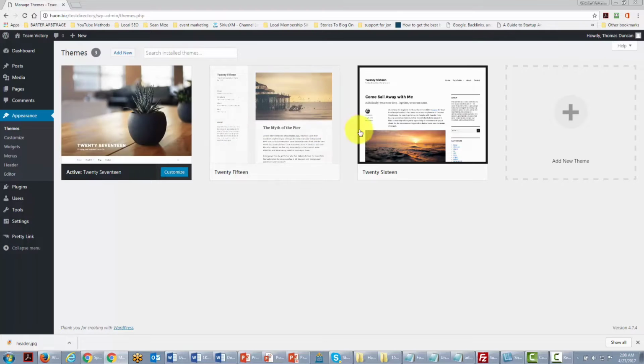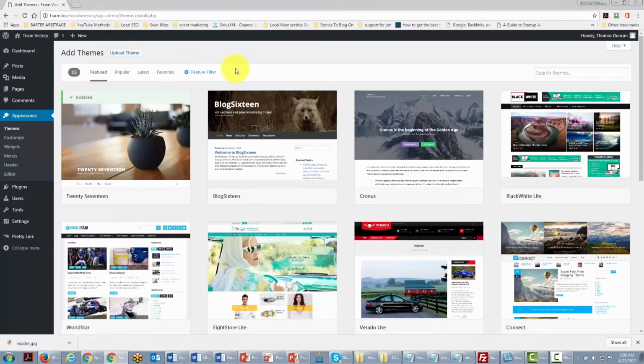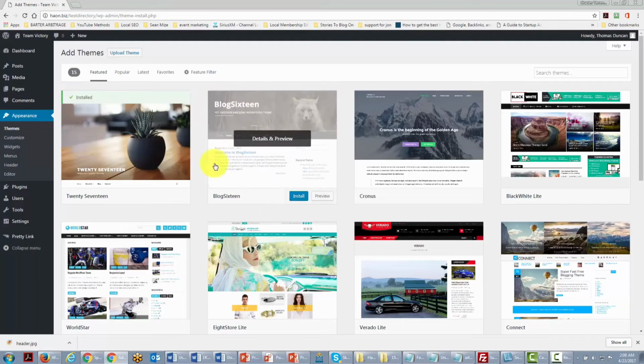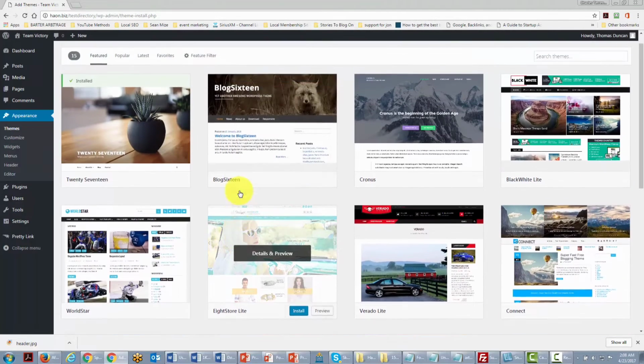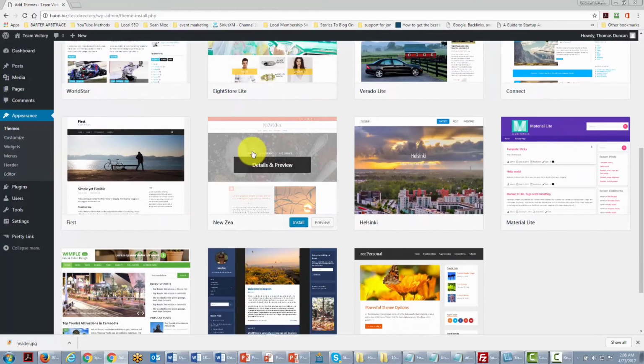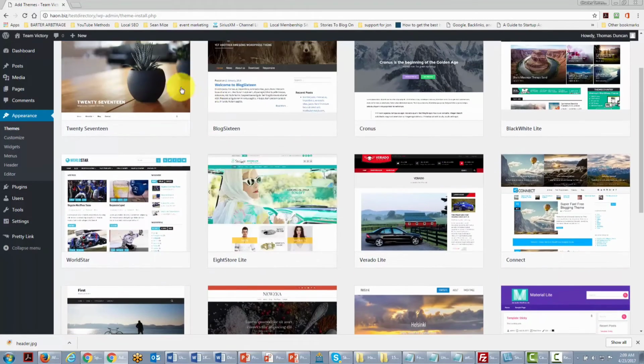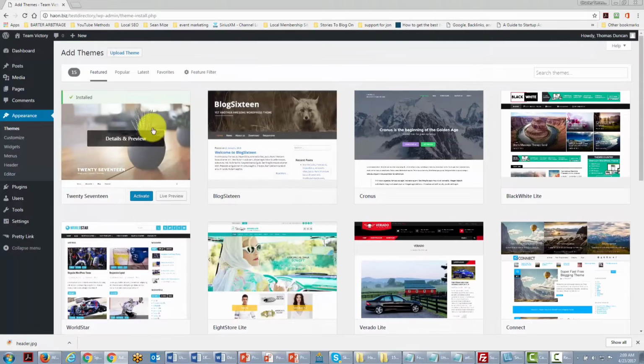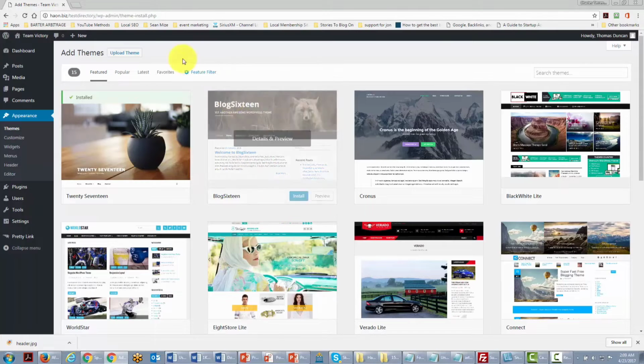You can go and look for other themes by clicking the Add New button. WordPress will give you some options as to other themes that you can add to WordPress. These themes are actually going to be free to you, and they may indeed require some changes, but for the most part, you'll be able to get these themes and use them as part of your marketing efforts if you're willing to make some changes. As you progress, you can go and purchase a theme that is closer to what you want. But as you just get started, you will be able to pick from these themes and implement them into your